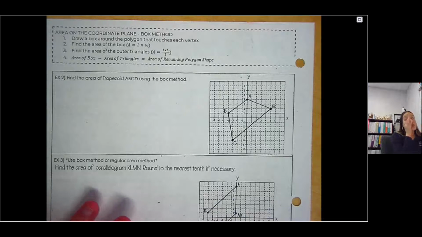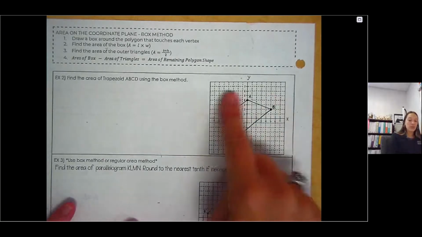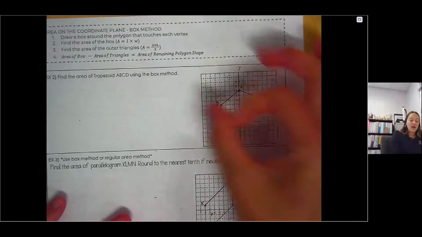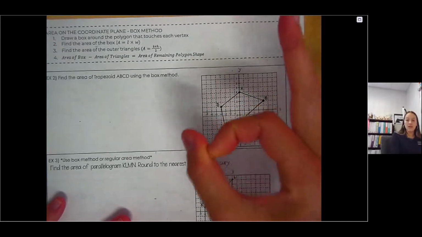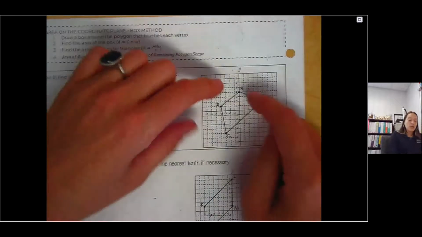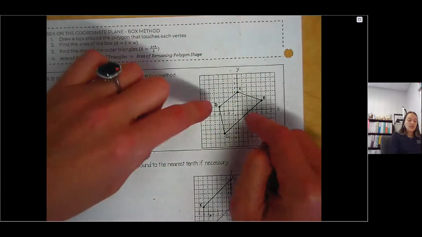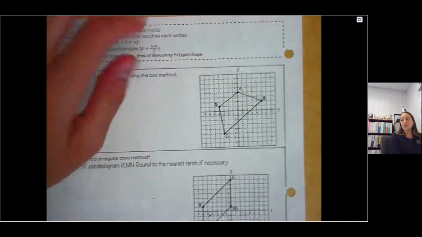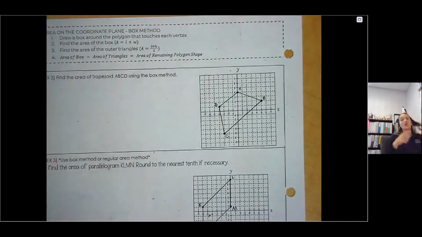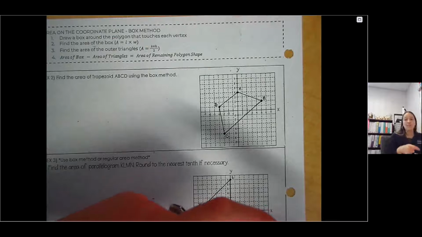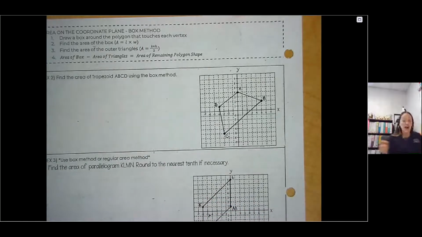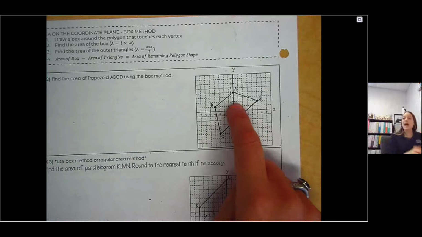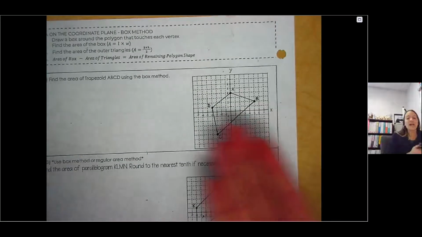And this one works with any shape, but you don't need to necessarily know the area formula. So here's what happens. I'm going to draw a box around my shape. I'm going to find the area of the whole box, the whole thing. And then I'm going to take away the pieces that are not included in the shape. So essentially, I'm finding the whole box like a rectangle. I'm subtracting the pieces that are not inside the shape, and whatever I'm left with will be the final area